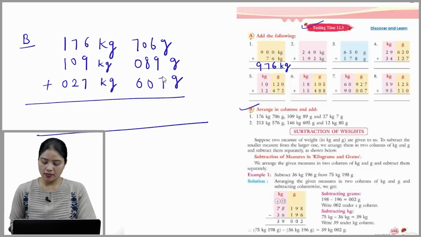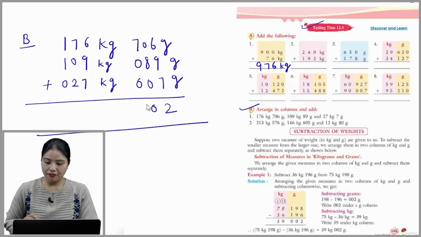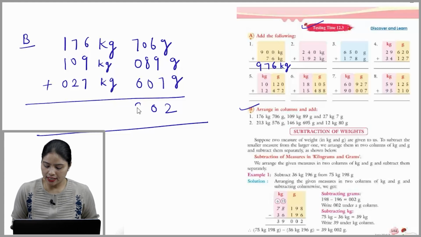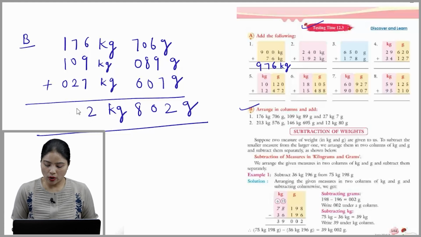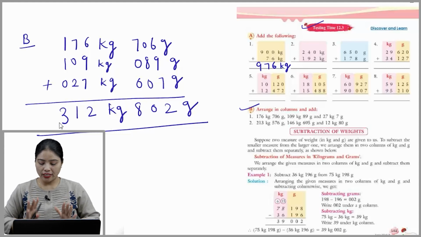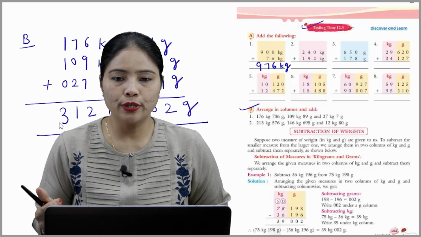16, and 16 is 22 का 2, carry 2, 8 और 2 10, carry 1, and 7, 8, 9, 10, 11, 12, 13, 14. Okay, and write it 8. This is kg का kg, this is gram का gram beta. After that, this is 2, this is 1, and 1, 2 और एक, this is 3 beta. So it is now 312 kg and 802 gram. I hope you understood well.